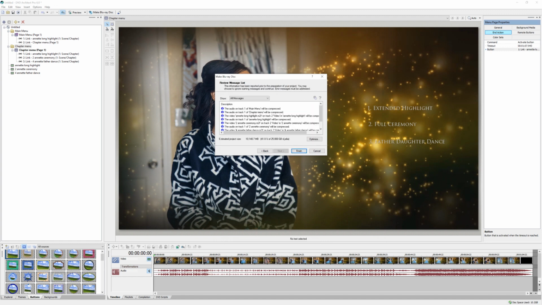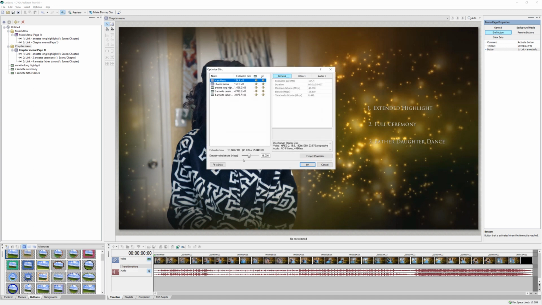Now this is important here. Depending on how many video files you have in your Blu-ray project, you can optimize the size of it. If I were to just click finish and let it do its thing, it would create the Blu-ray with a default bit rate of 18 megabytes a second. I'm going to go higher than that because I want this to look better. So I can actually max this out to 35,